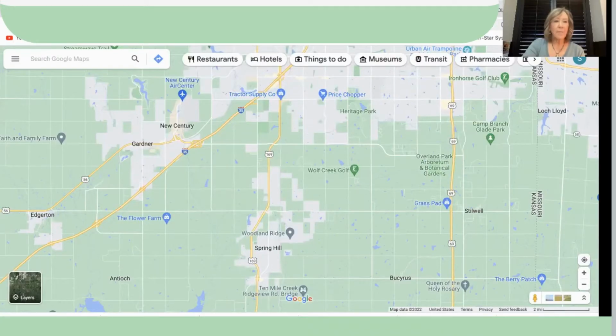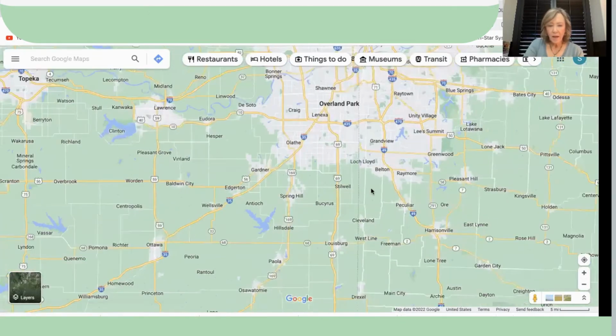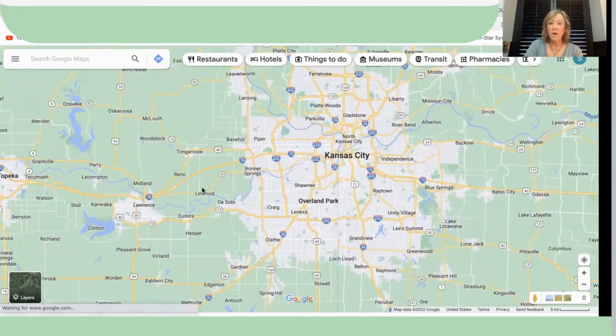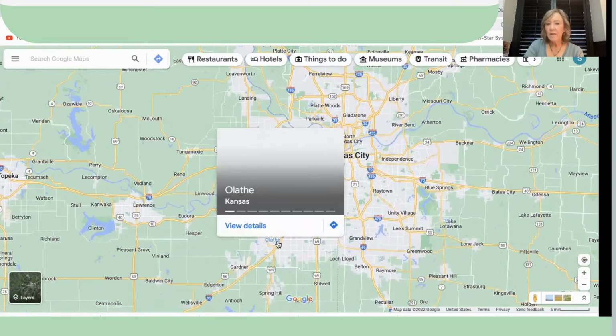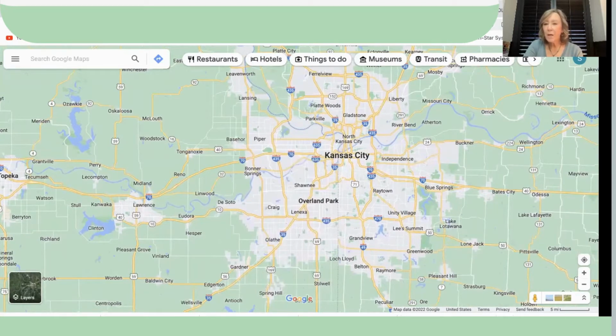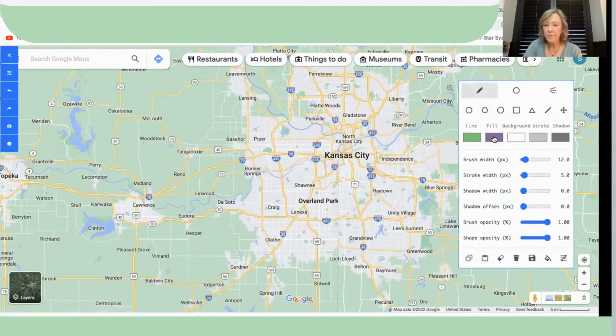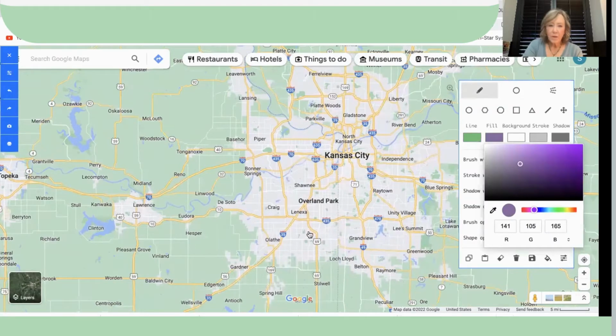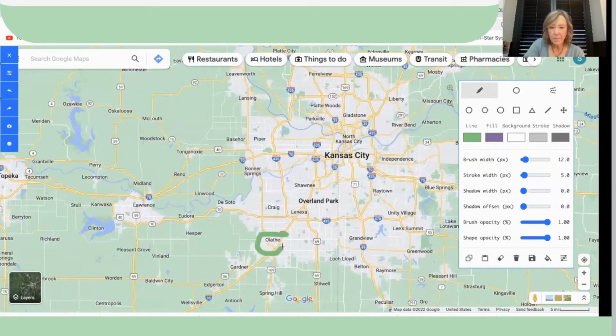Okay, this is a Google map of the Kansas City area. Let me zoom out here and you can get an idea. Here's the overall map of Kansas City. And if we look down here, this is Olathe. So Olathe, and let's see if I can pull up my pen here. So Olathe, right down here, it's mostly bordered on the east by I-35,